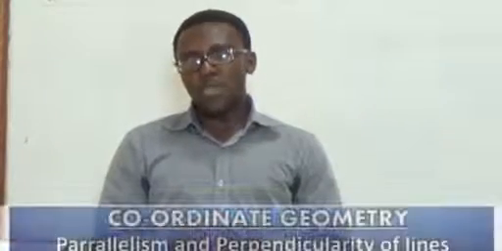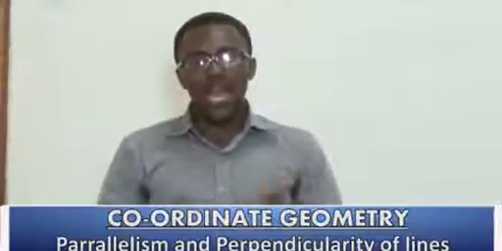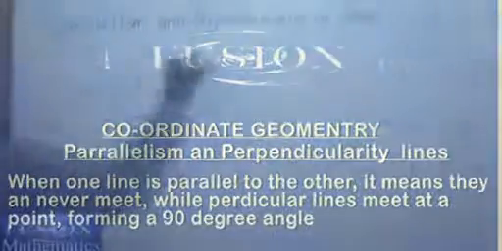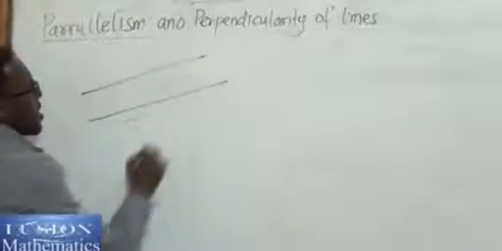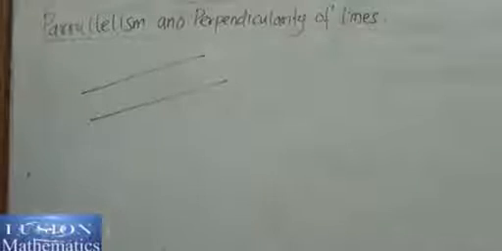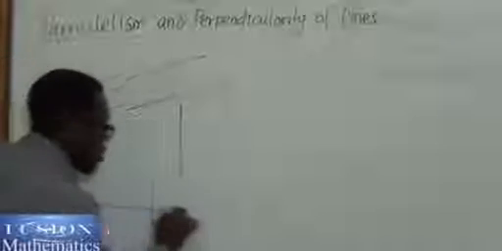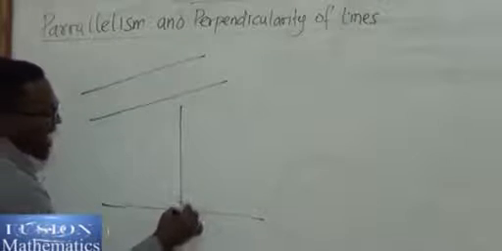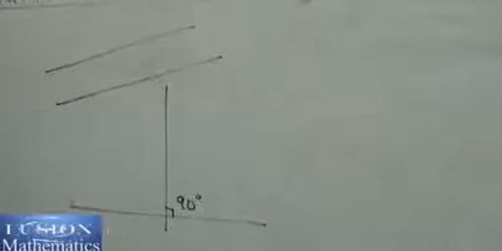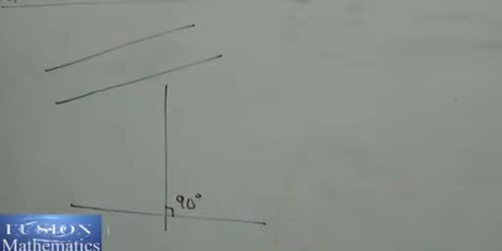Parallelism and perpendicularity of lines. For parallelism, we are looking at two lines that can never meet. For instance, we have a line and another line. You see that both of them can never meet. Then for perpendicularity, we are looking at two lines, but one goes this way, another goes this way, and they make a 90-degree angle, and we say that those two lines are perpendicular to each other. Now, in our coordinate geometry, when we have